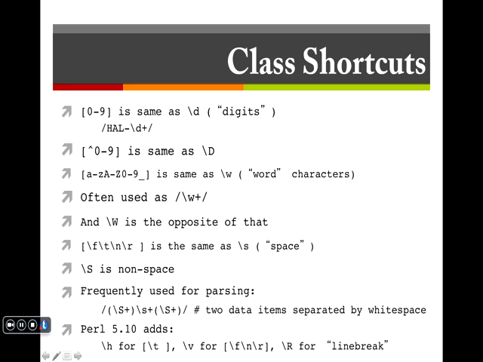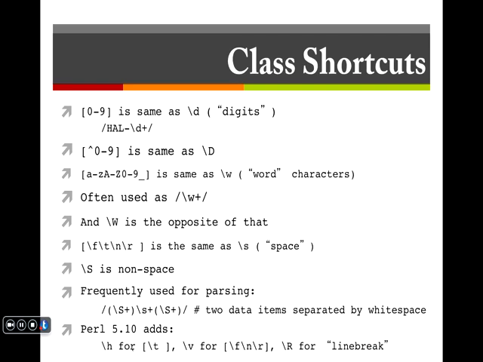The capital S is non-space, and those are the two most used in regular expressions, because you can really pull text from a file or document just by saying find me the spaces and find me the words. So here, anything but a space, which is a word, followed by any number of spaces, one or more, and then followed by any number of words. So here I am picking two pieces of data separated by white space. So two words, maybe two